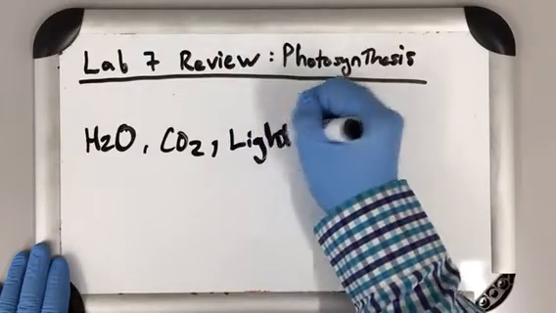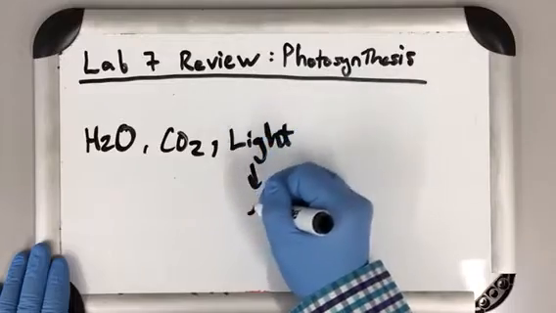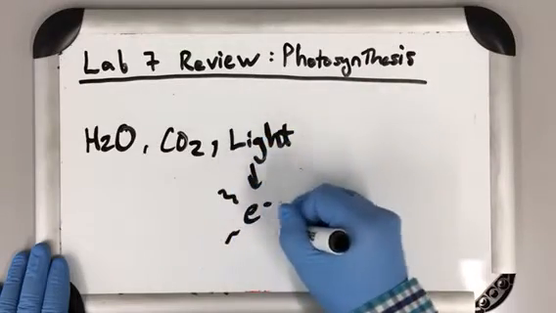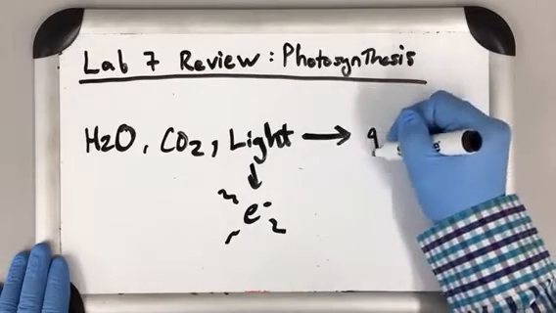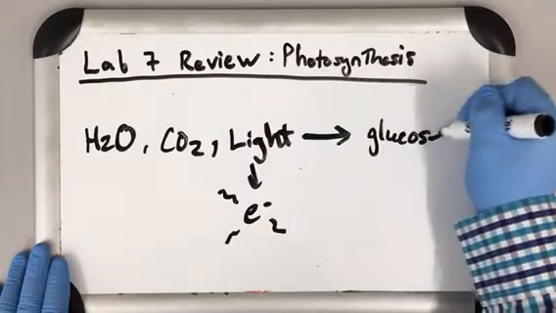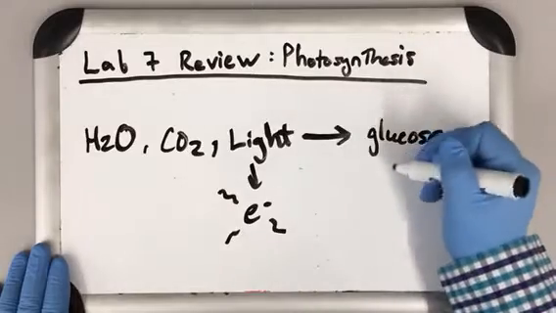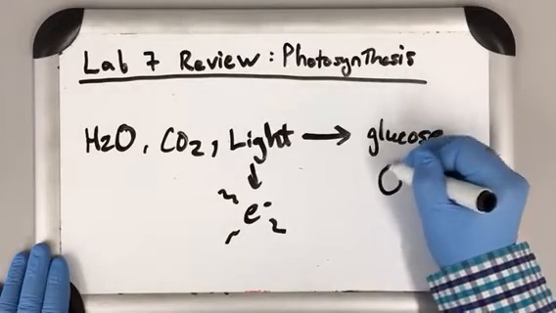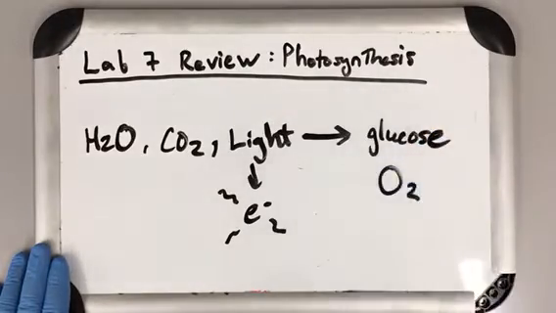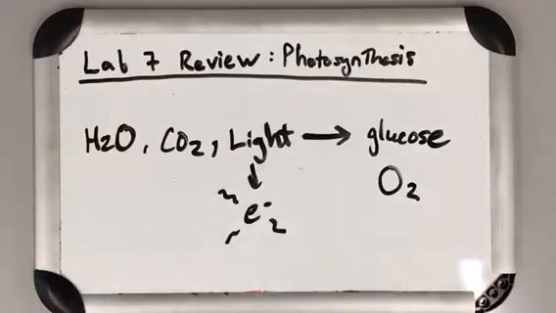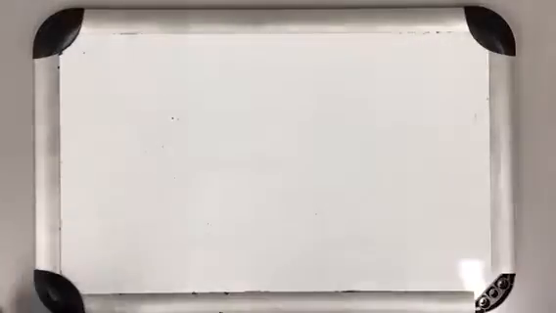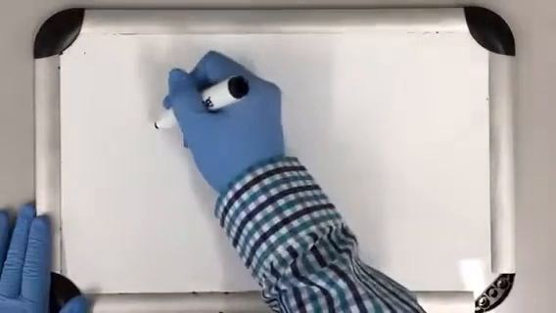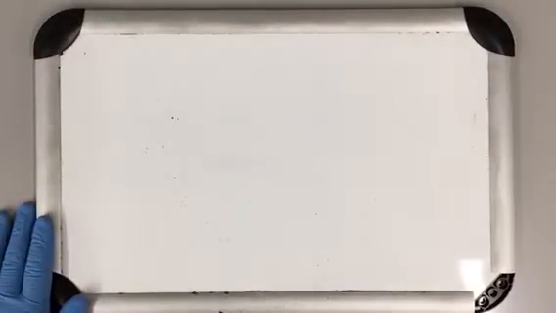and light. So this is going to excite electrons. Okay, and that's going to go to glucose, which is that big carbon molecule, and it's going to produce O2, that oxygen, as a byproduct. Now, if you get more complicated than this, which is kind of what we were measuring, we had to remember that